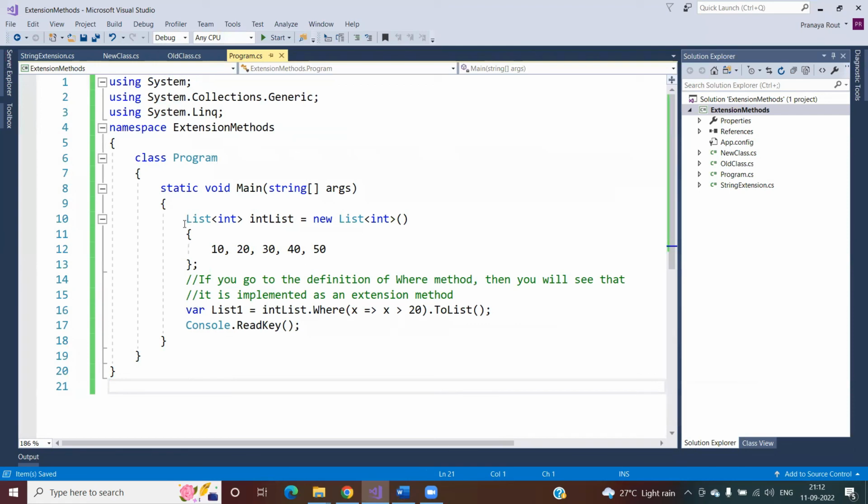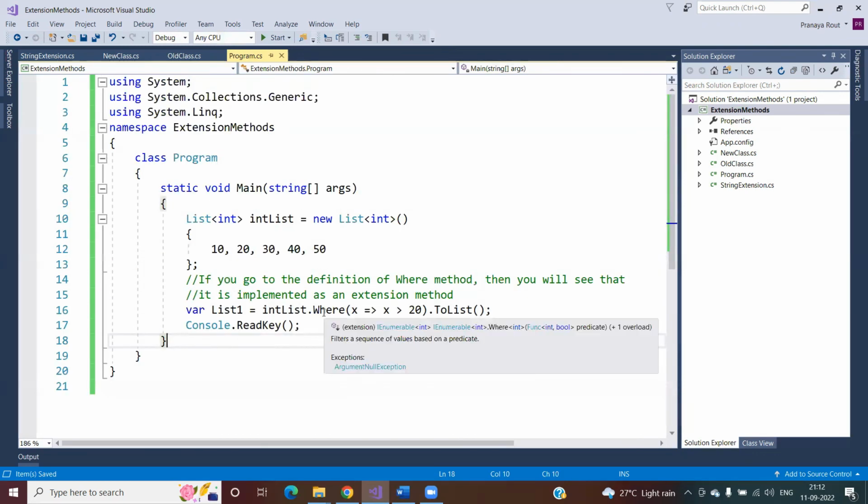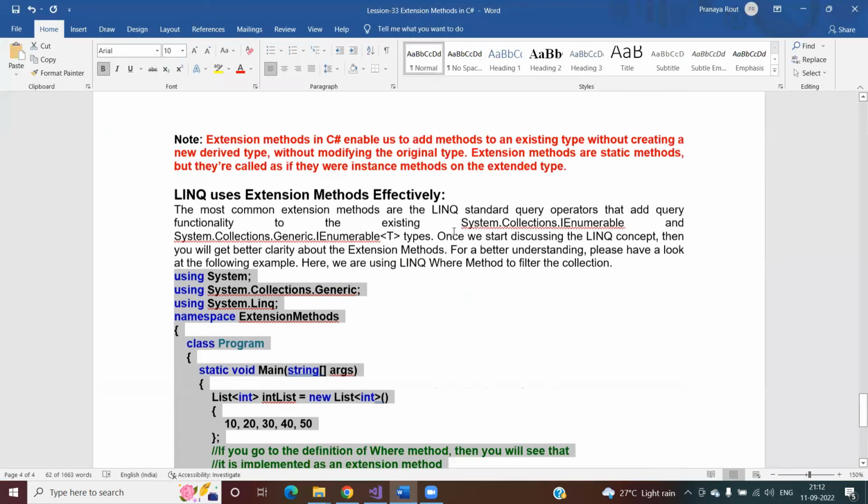Don't go with the code right now. What is this list, what am I creating here, what is this integer list, what is this var? We'll discuss everything in detail. But further, to remember one thing, to focus on this: here I'm using one method called where. This method is defined inside some classes as an extension method. Which classes? This method is defined inside